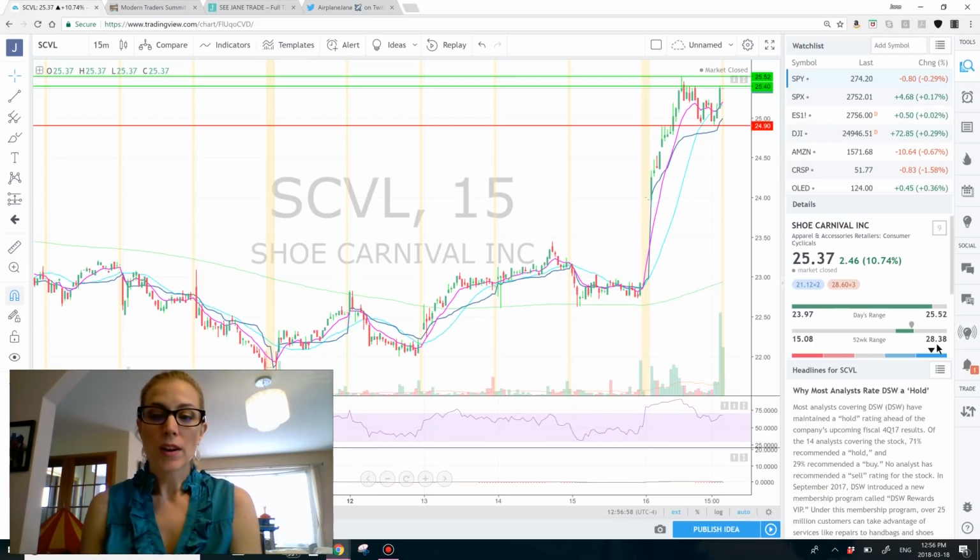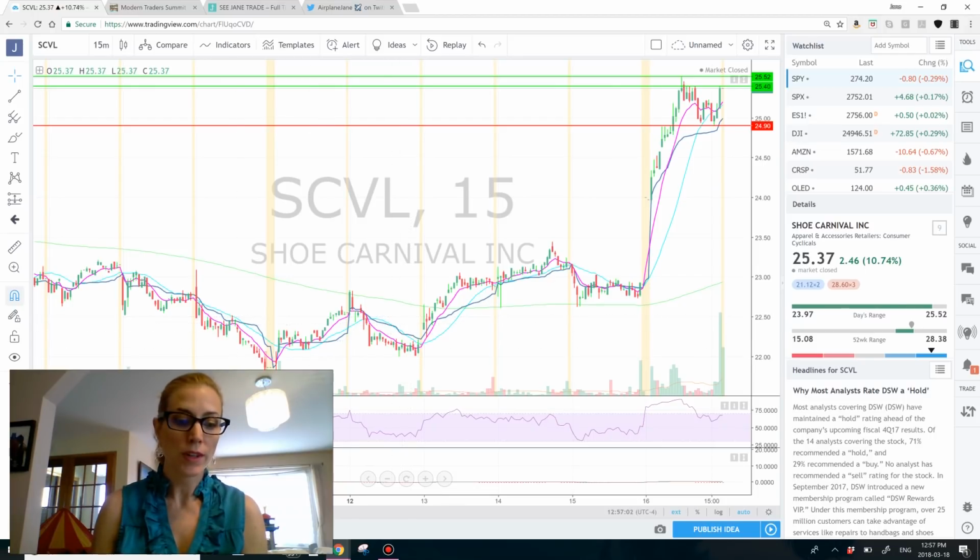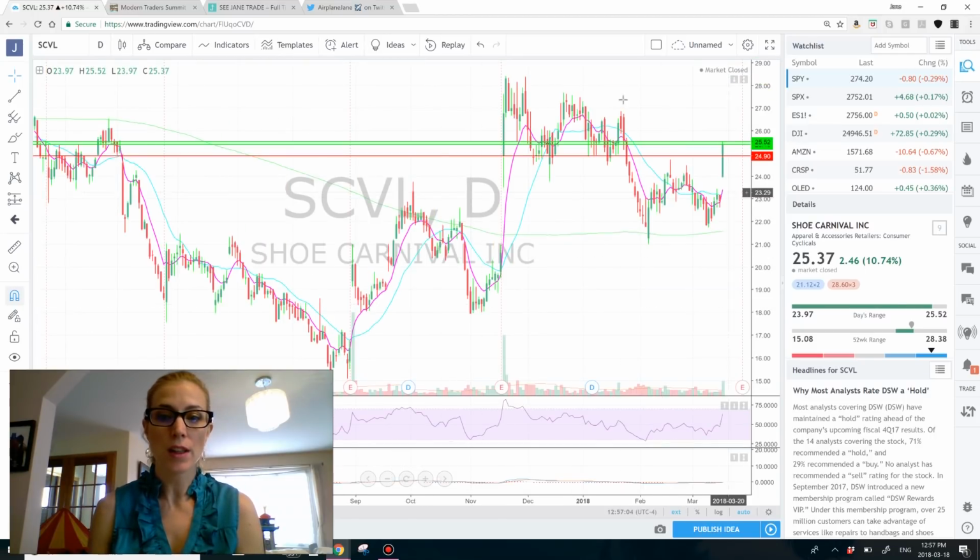Keeping watch, we've got it over here, the 52-week high is 28.38. When we go to our 1-year chart, we know we've got roughly $3 upside. It looks like the first level is 26.80, potentially maybe over here 26.50 as a resistance level, and then up above that. Now, Shoe Carnival is really interesting because it has 11.24 million in the float and 67.35% short float volume on